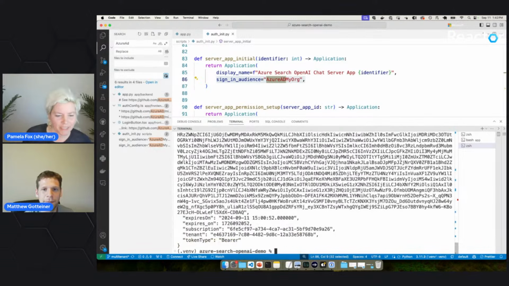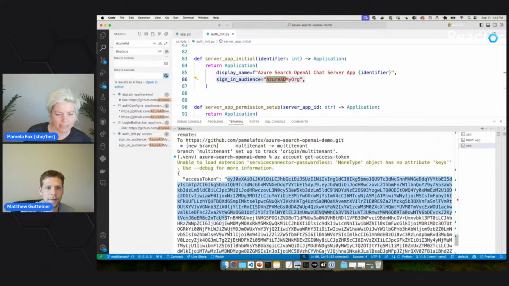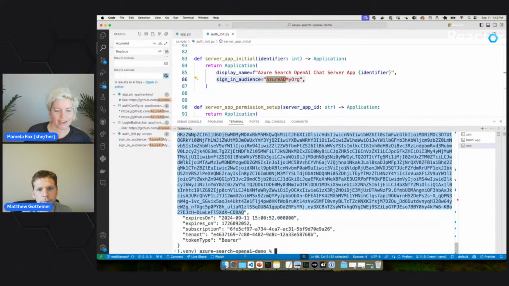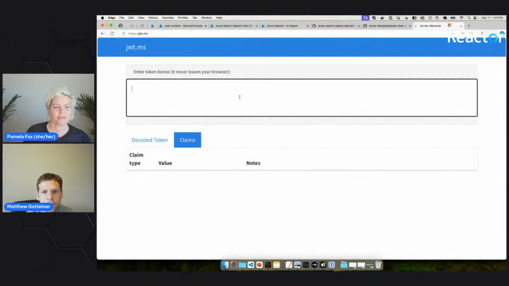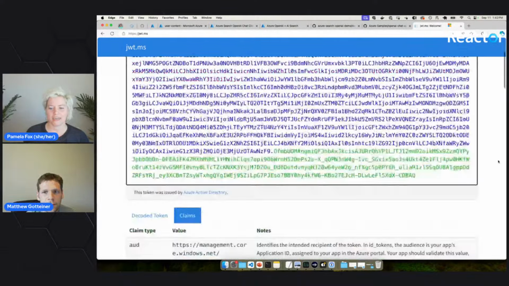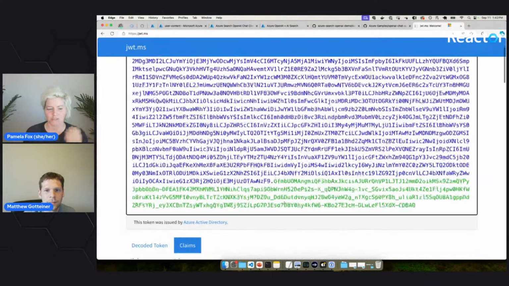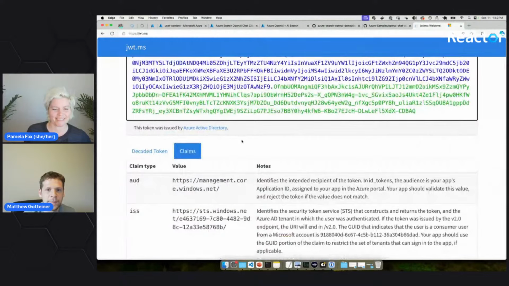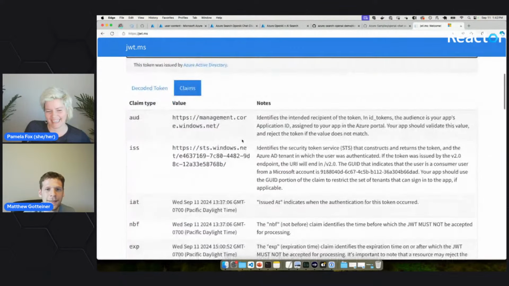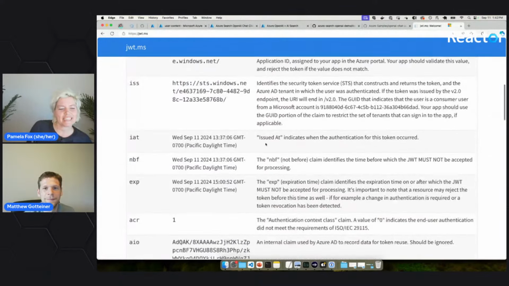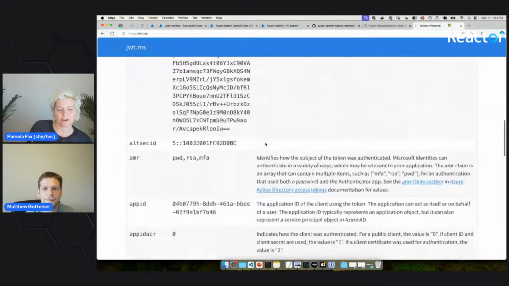Okay, there we go. All right, so this is the access token that I got back. And then we can enter the token here, and it even syntax highlighted. So this is the token header, the token body, and the token footer. Sorry, it's called signature. Thank you. So here you can see it breaks down everything that's part of this token.